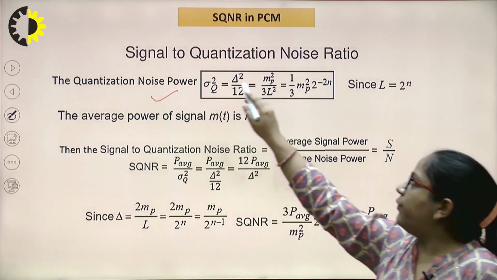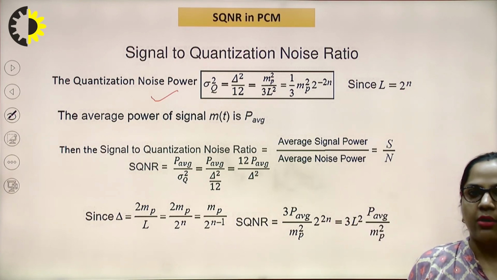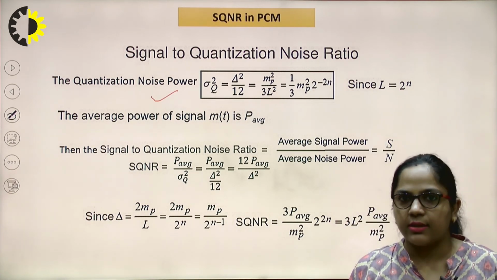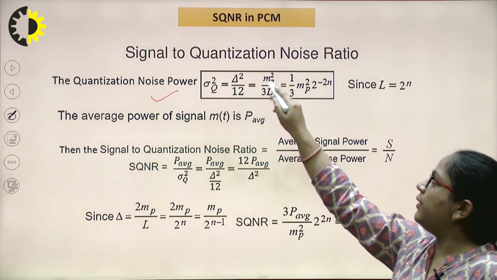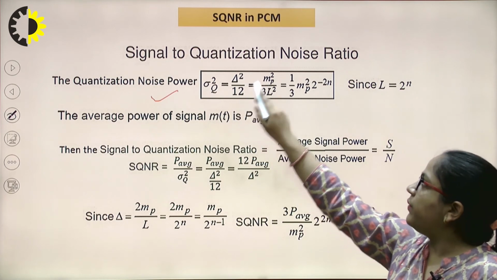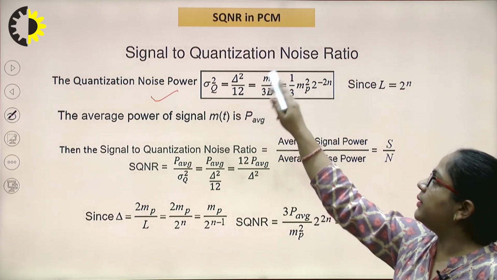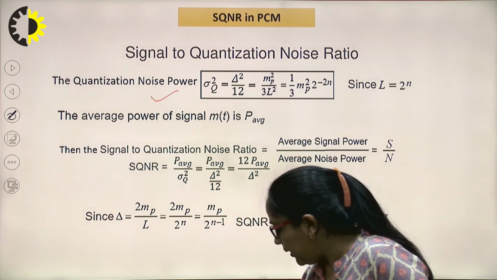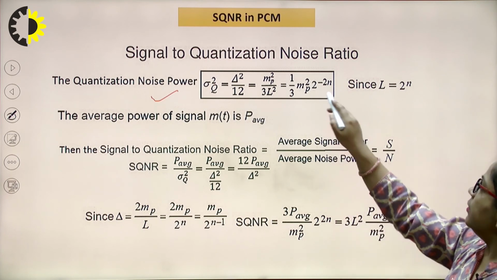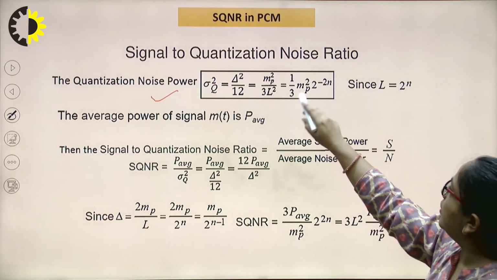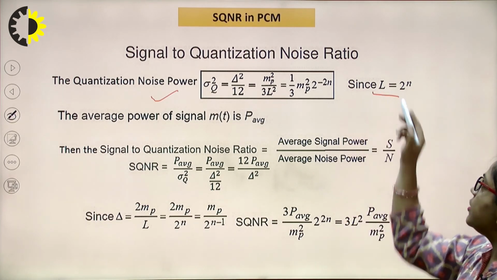We know how to calculate the step size Δ. It is the maximum amplitude of the analog signal minus the minimum amplitude of the analog signal, divided by the number of levels. If the peak amplitude is represented by mp, then Δ² by 12 can be rewritten as mp² divided by 3L², that will become 1 upon 3 mp² minus 2 mp² 2 raised to the power minus 2n, where L is equal to 2 raised to the power